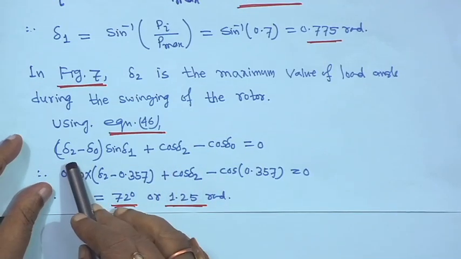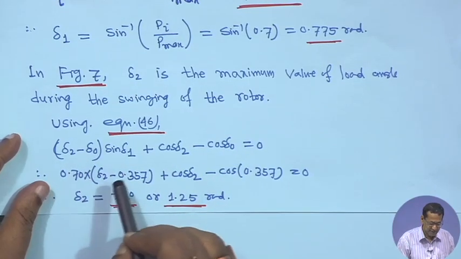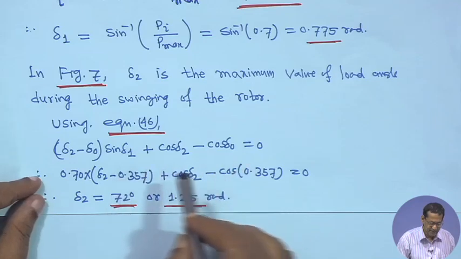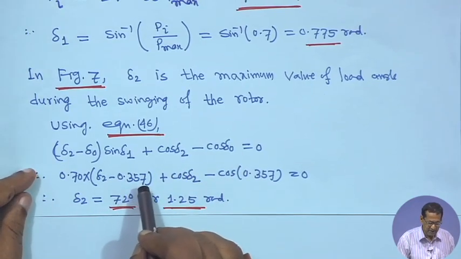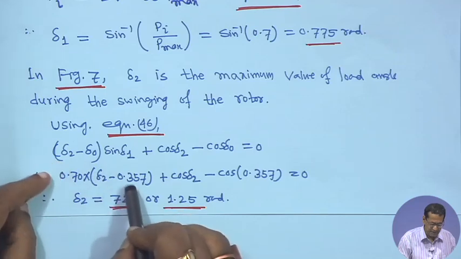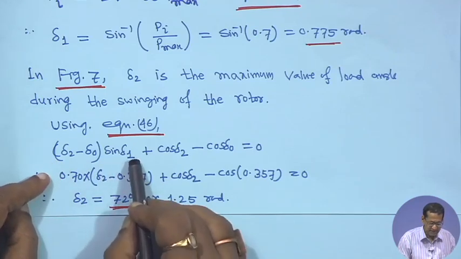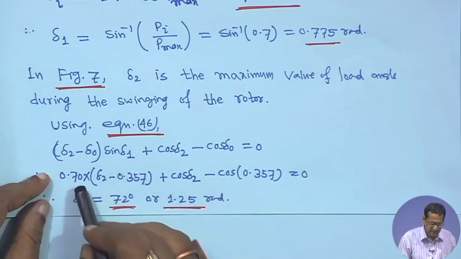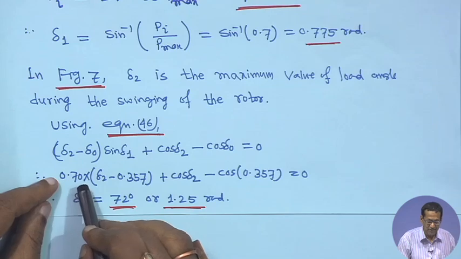So, put all these values for delta 2 and sin delta 1, right. So, put all these values here. So, first I am writing delta 2 minus delta 0 is 0.357, then sin delta 1, that is by your coming point 7,